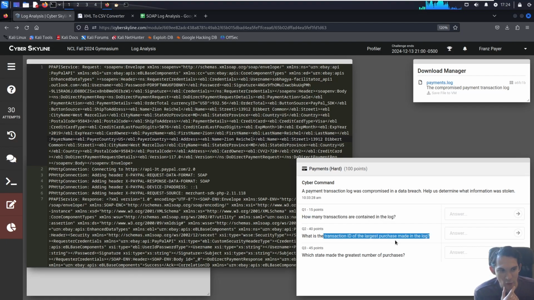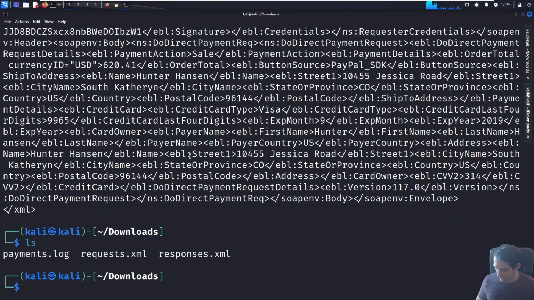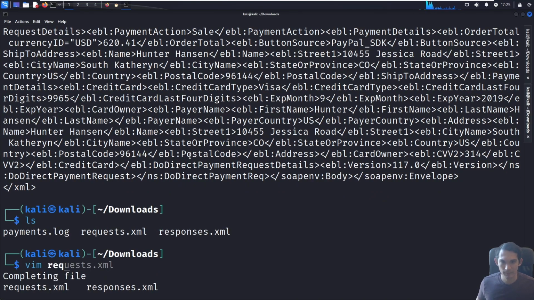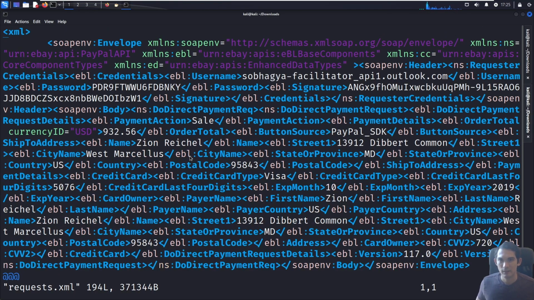What's the transaction ID of the largest purchase in the log, and what state has the greatest number of purchases? So this first question, we're actually better suited to answer now that we have it as an XML file, because if I go to my requests.xml